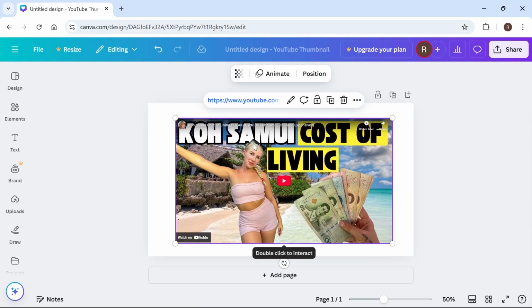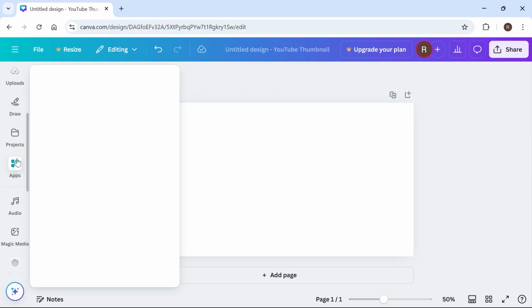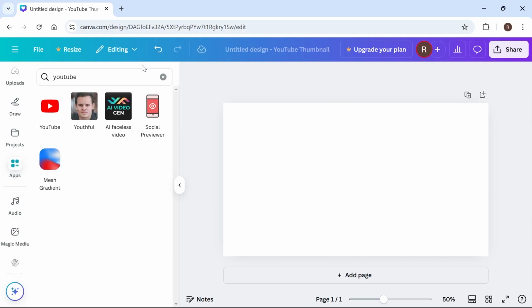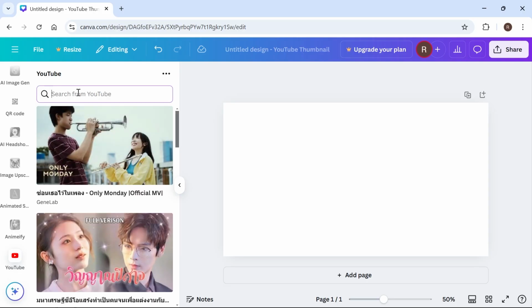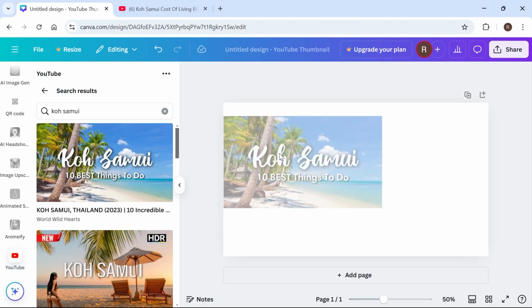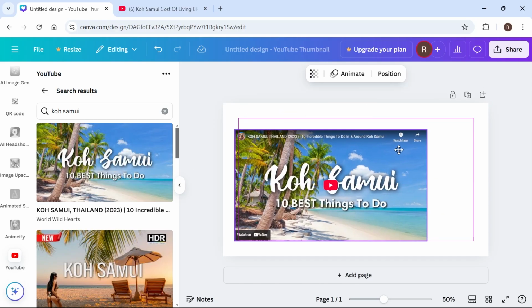Now, if for some reason this method does not work for you, then what you can do instead is come down to apps from the left hand side and click on this, and in the search box just search for YouTube and hit enter. Click on the YouTube app, click on open, and now we need to go and search for the video that we want to add. So let's say, for example, this is the video that we want to add. I can just go and drag that into my design, and once again you can go in, reposition this,